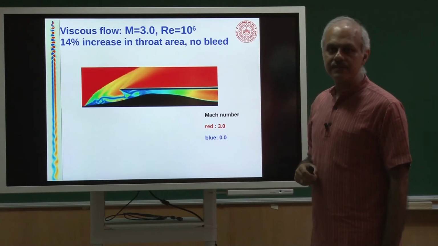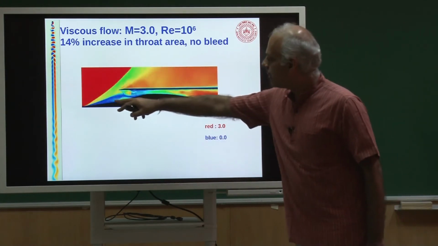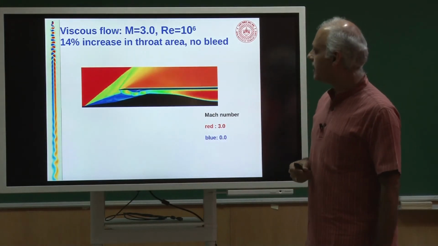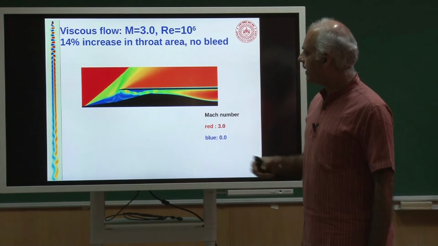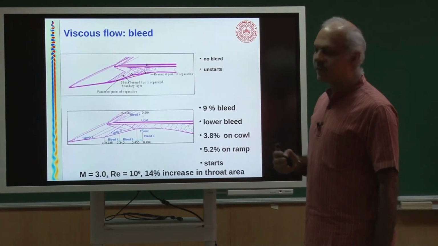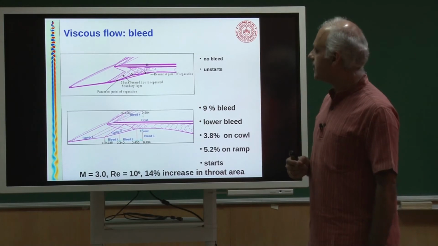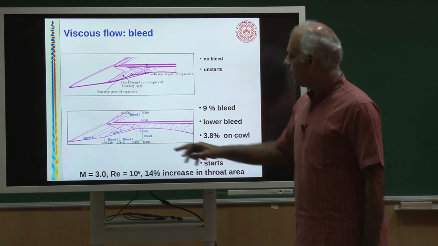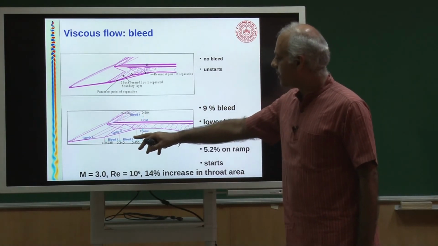bleed is applied. Now, we want to apply a boundary layer bleed so that this flow can be a little bit more stable and thereby permitting more mass flow rate through this intake. So, we want to identify what are the areas of bleed. So, we identify the areas of flow separation, and this is what has been done.